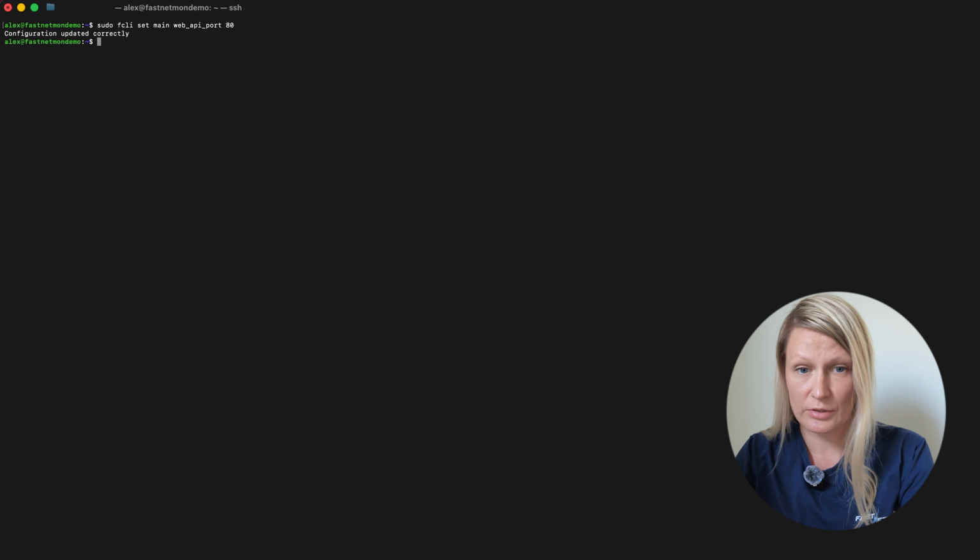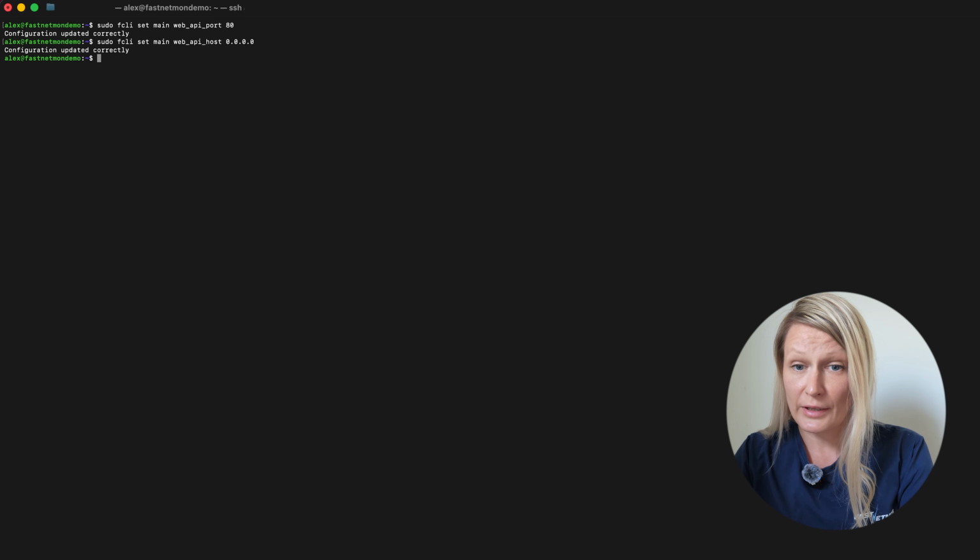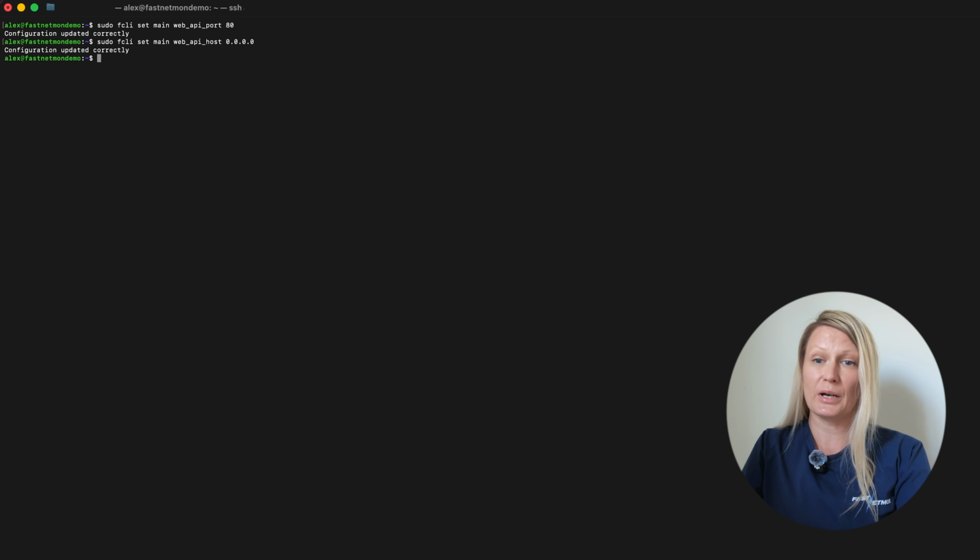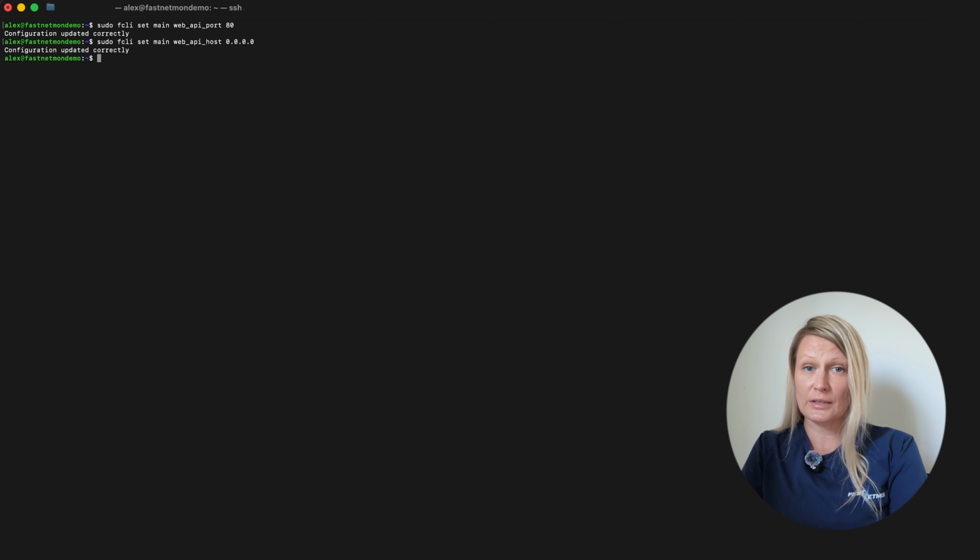So first we'll configure the web API to listen on port 80 and bind to all network interfaces. If you'd rather use a different port or bind services to a specific interface, you can just adjust these values to match your environment.